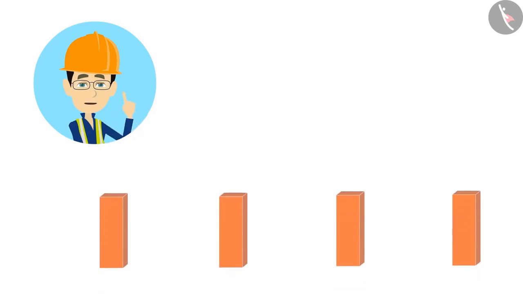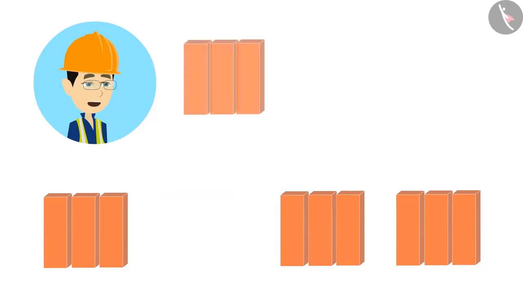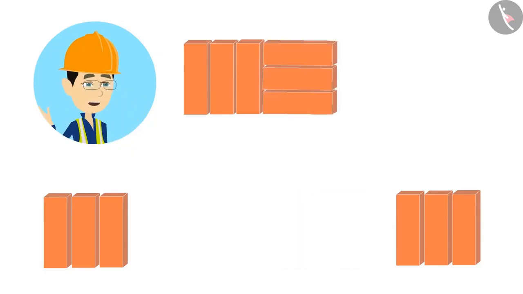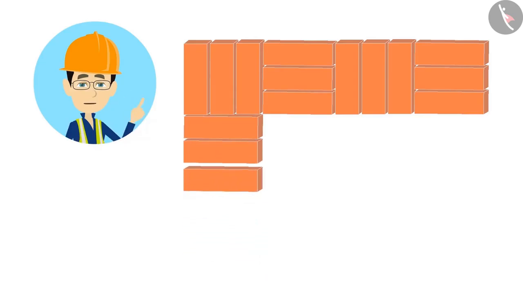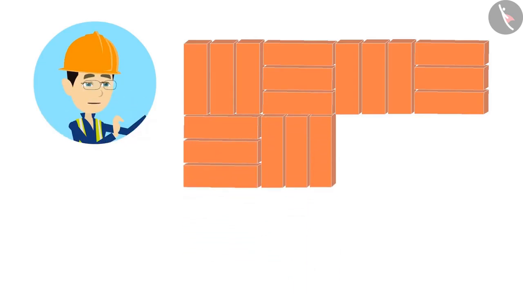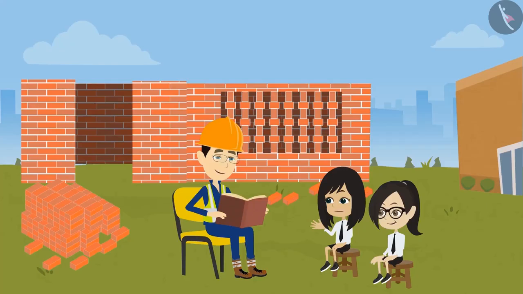See, first make groups of 3 bricks. Let's make the first line from these groups. For that, let's keep a group in such a way that the bricks are vertical. Then keep a different group in such a way that the bricks are horizontal. Once again, a vertical group and a horizontal group. Now let's make the line below it. Because the top line has started with vertical bricks, then this line will start with horizontal bricks, then followed by vertical bricks and then horizontal bricks. In this way, we make a complete pattern.